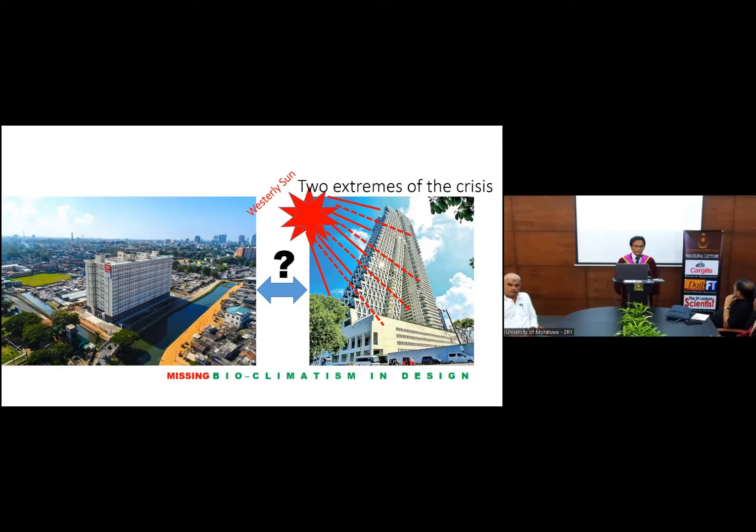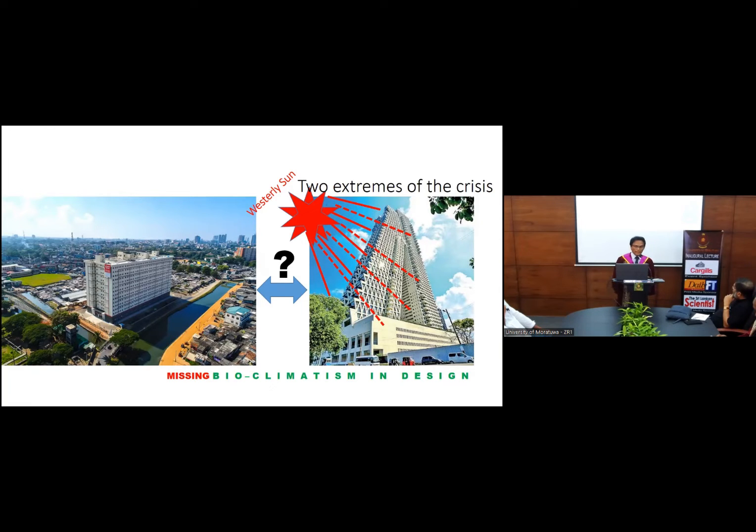The building on the left has very small windows, and it's a lump, compact, cubic space, and there are many levels inside. The problem with that building is heat stress and heat gain, and indoor environments are overheated. Then the people living in that building have some economic restrictions to go for air conditioning. So the temperature inside is around 38-39 degrees centigrade. So you can imagine the problems that people in that building have.